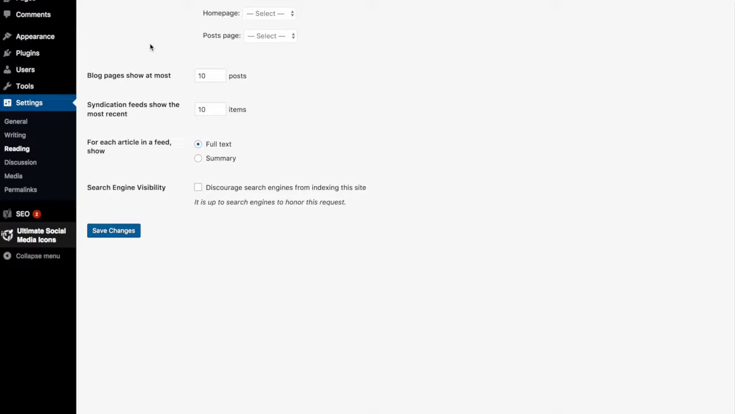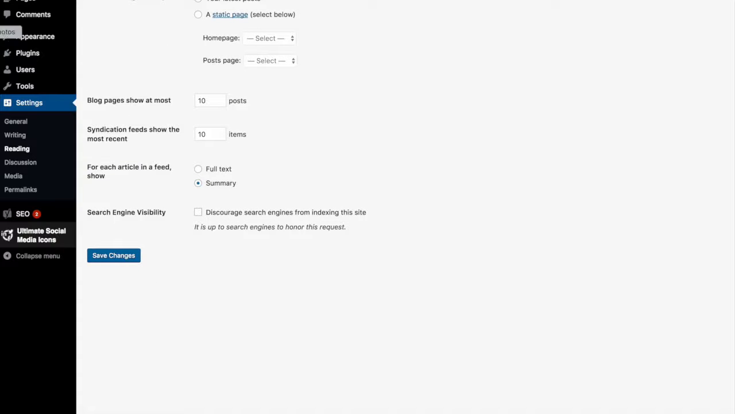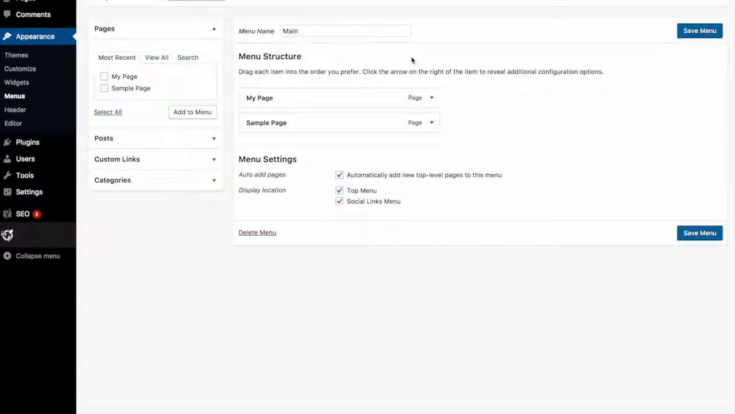So what I can come through is my home page can either be my latest posts or a static page. Right now, it's my latest posts. It's going to show up to a few, and I'm going to do a summary of them. And we'll come back and see how that impacts things shortly. We also want to go in and go to our menus. And I'm going to add